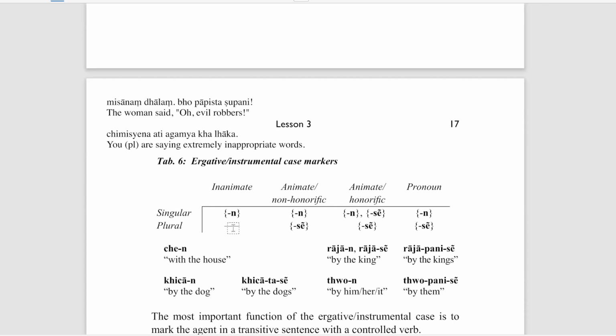And in the writing, they write it like shu, so that's another example of how ku, ke and shu are kind of interchangeable in the word. So ku is robber and bani is the plural marker, so kubani would be robbers in plural. So Misan halen, "Mho babista kubani" would be: the woman said, all evil robbers.